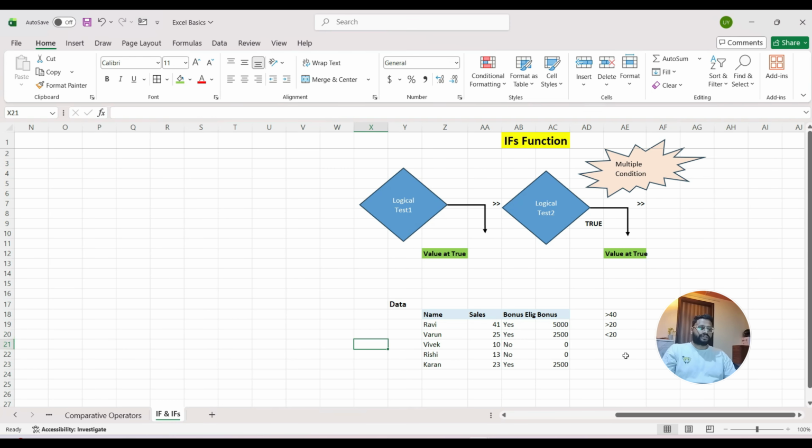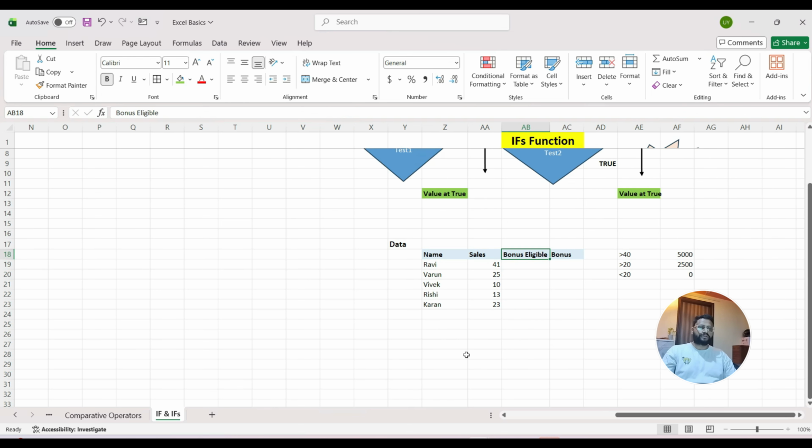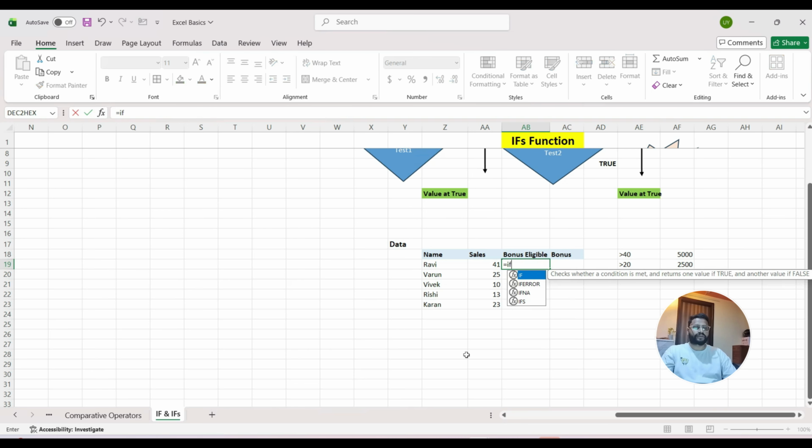So I have a simple data of a few employees and the sales that they have done. So I have a condition that if the employee has done more than 20 sales, he is eligible for the bonus. So I can use the if condition here and I can check that eligibility in here. So I'll give a logical test. I'll check if the sales is greater than 20